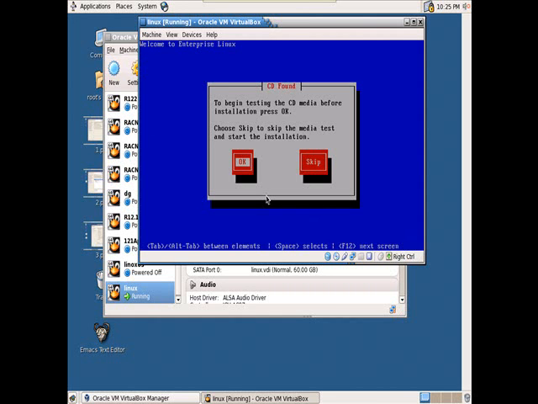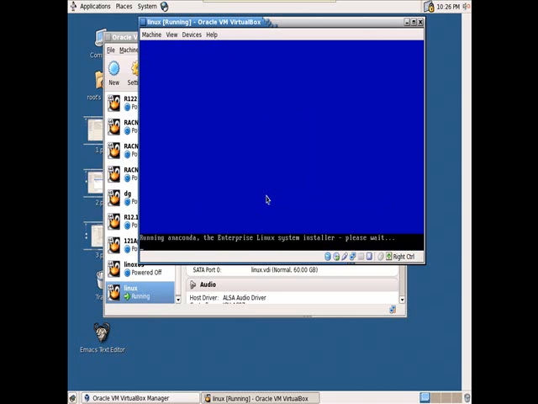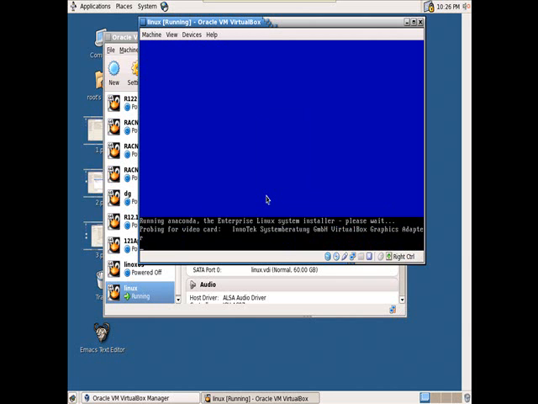so it is asking if you want to install this software from CD. If you are installing this operating system software from CD, then you should perform the CD media test. If you are installing through inbuilt software, no need to perform any test. Already we are installing this operating system by using the Linux software, which is already present in our main machine. So no need to perform any CD media test. So skip this test. Then